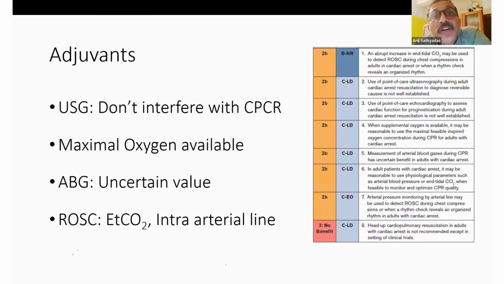One is you can identify cardiac tamponade. Very good. Second is tension pneumothorax. For that we can do lung ultrasound, which is not even near the heart at all, not near the place where you do the CPR. So you can use ultrasound provided it does not interfere with the CPR. Again emphasizing, high quality CPR is very, very important. Don't stop.